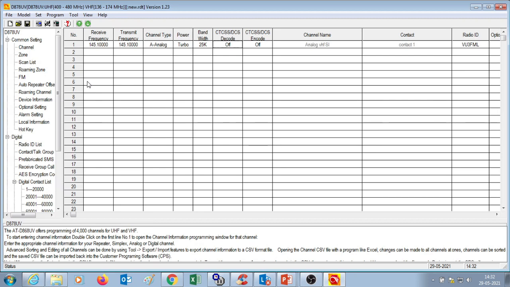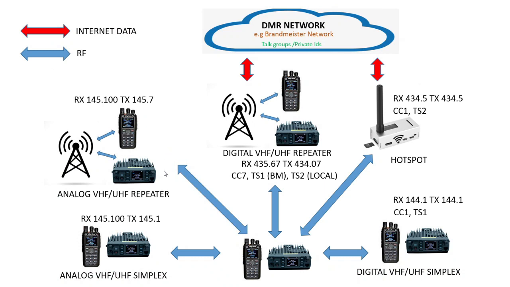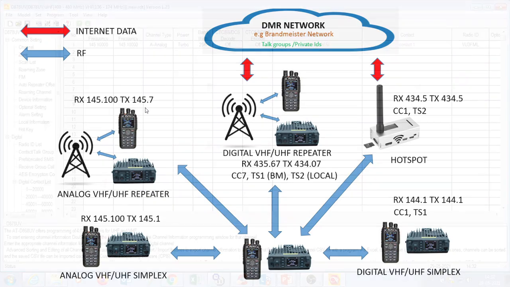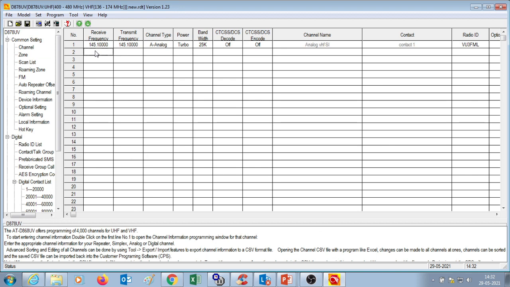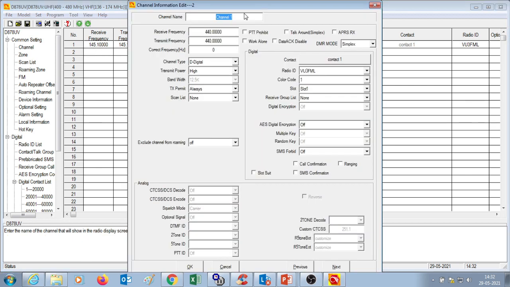Let's go back to our screen. The next type of communication will be through an analog repeater. So we are going to define an analog VHF repeater channel for the frequencies 145.1 and 145.7. So let's get back. Let's double click on slot 2. Let's name the channel as analog VHF,